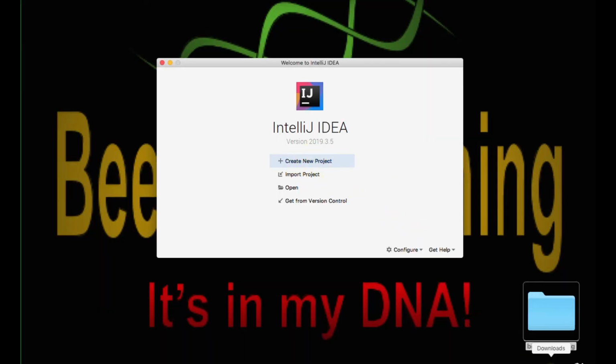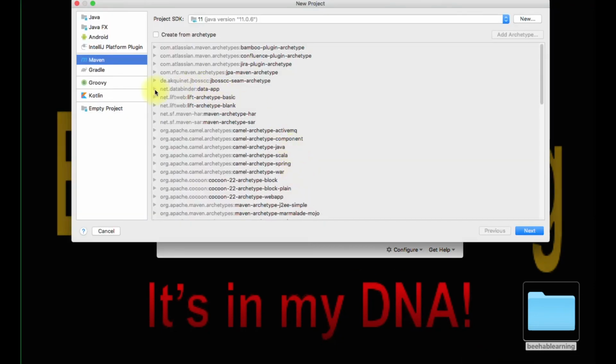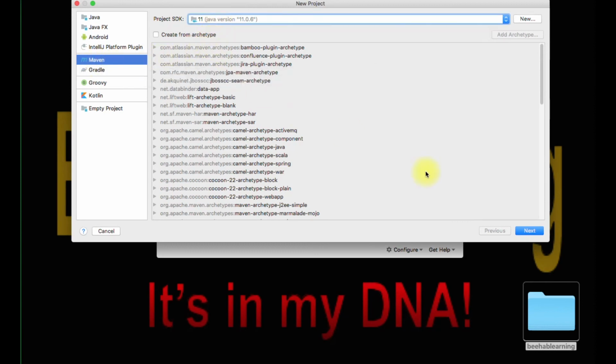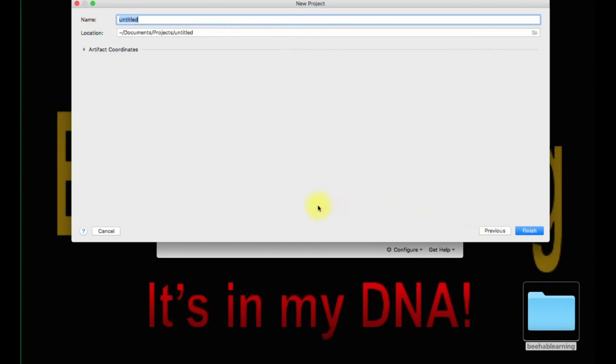In the second video today we are going to create a new project and let's get started. And then choose a Maven project, Maven build, and then my version is 11 but yours could be different, and let's go next. Now let's name our project, and you can optionally change your location but it's your choice. And then click finish,